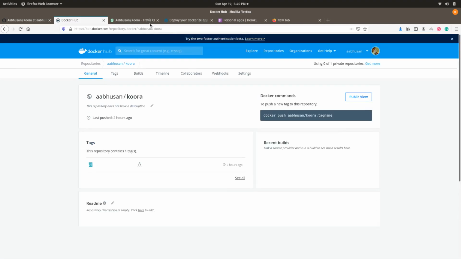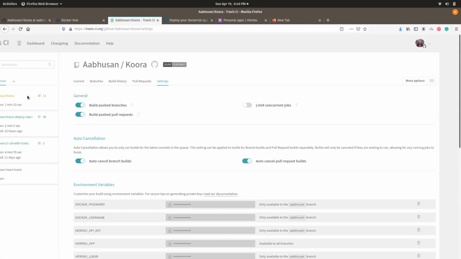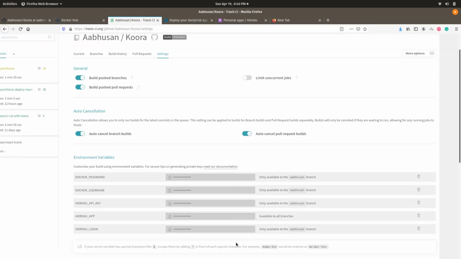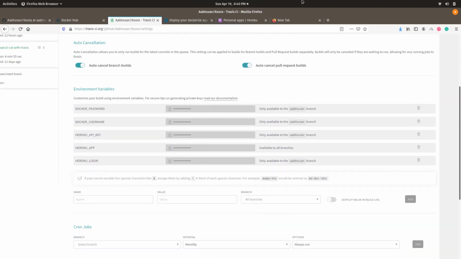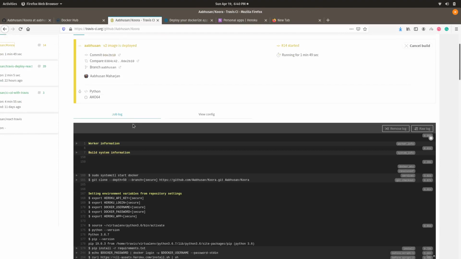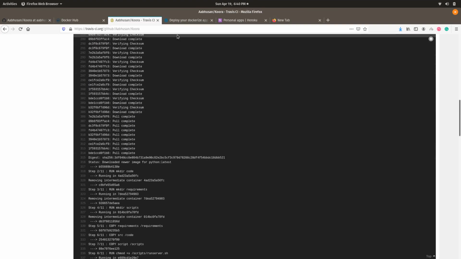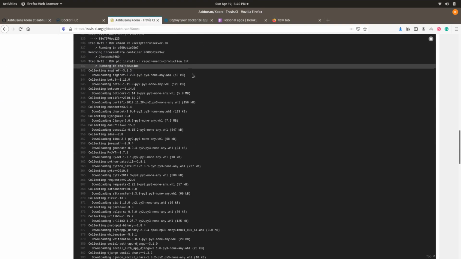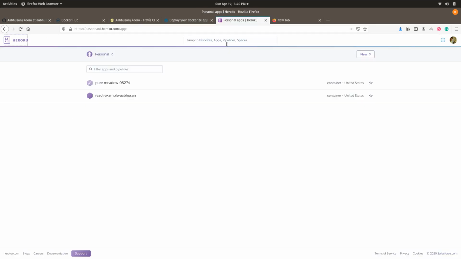When this deployment is complete, version 2 will also be added in Docker Hub, and you can also see the version 2 image applied to this app in Heroku, and you can also retrieve that application as well. So let us wait.